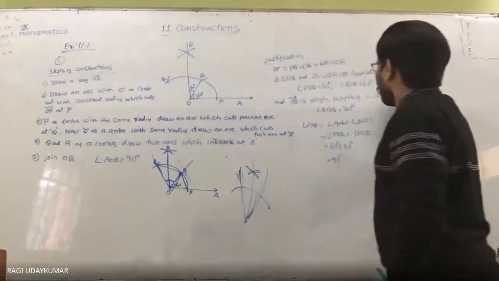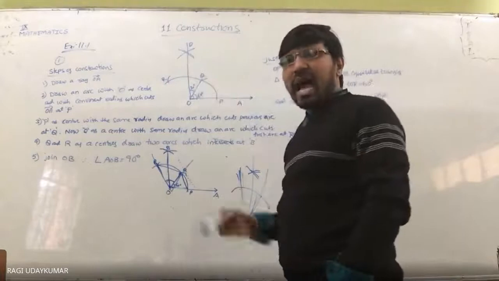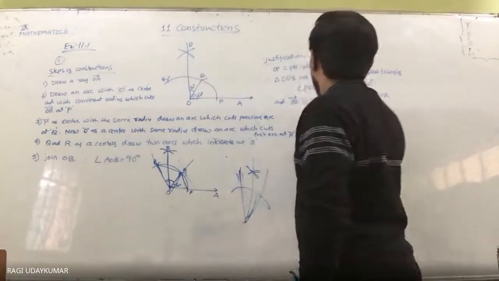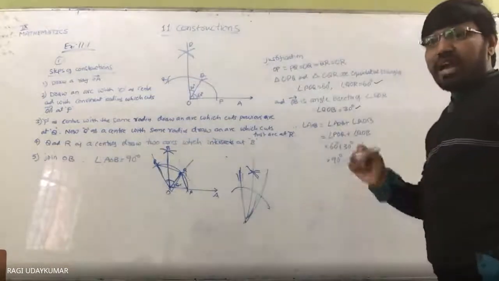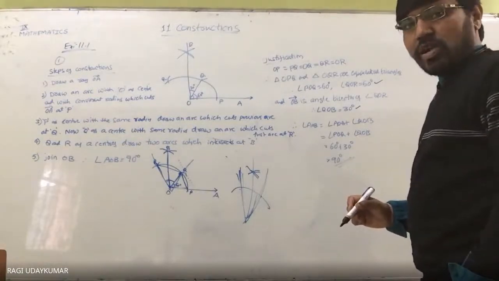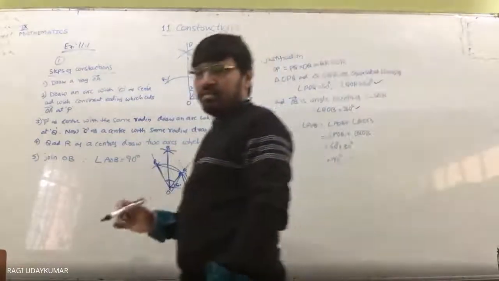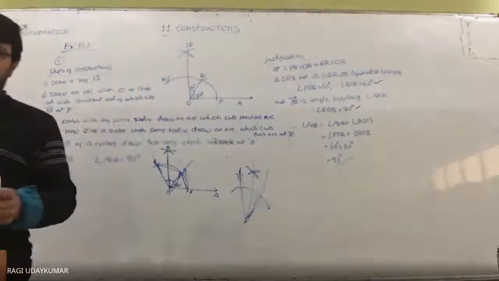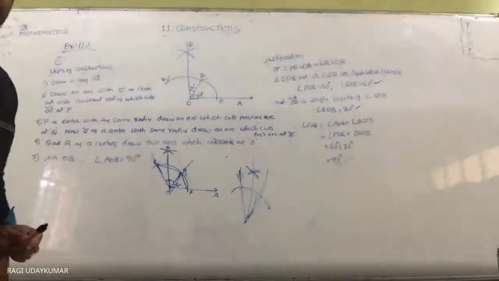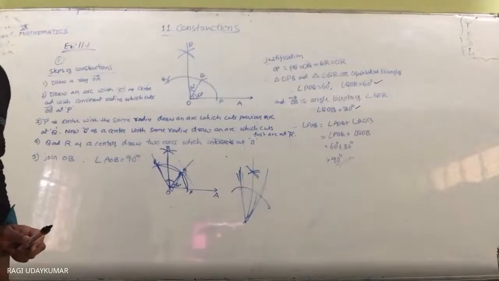So therefore, the measure of the QOB will be half of the QOR. QOR is 60 degrees. उसमें half होगा. That is 30 degrees. Okay. So now the total measure is 90 degrees. Simple है ना? समझ में आया? Yes, sir. So very simple here. In the same way, mostly all the problems you can do.